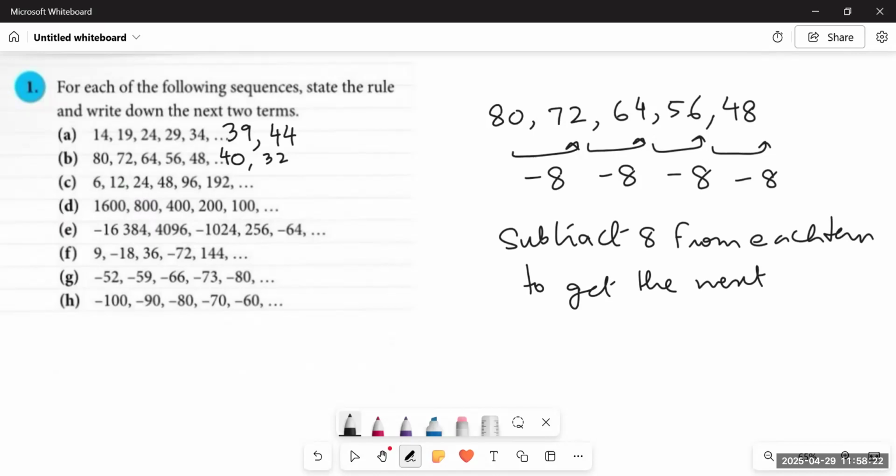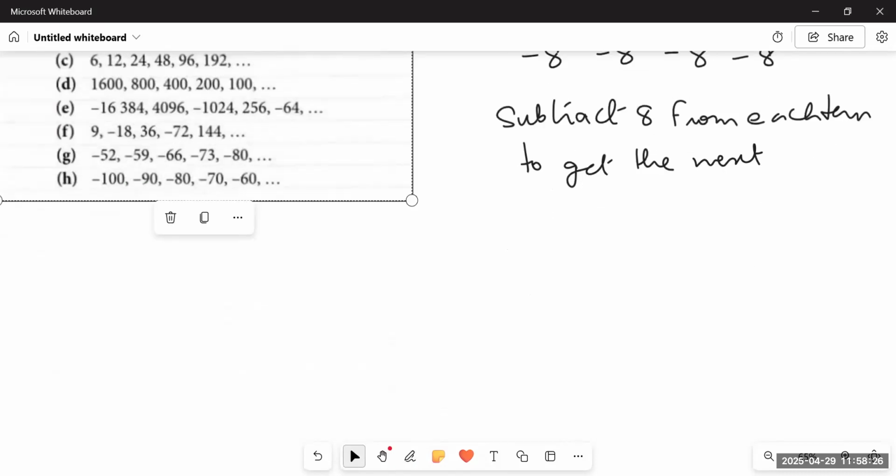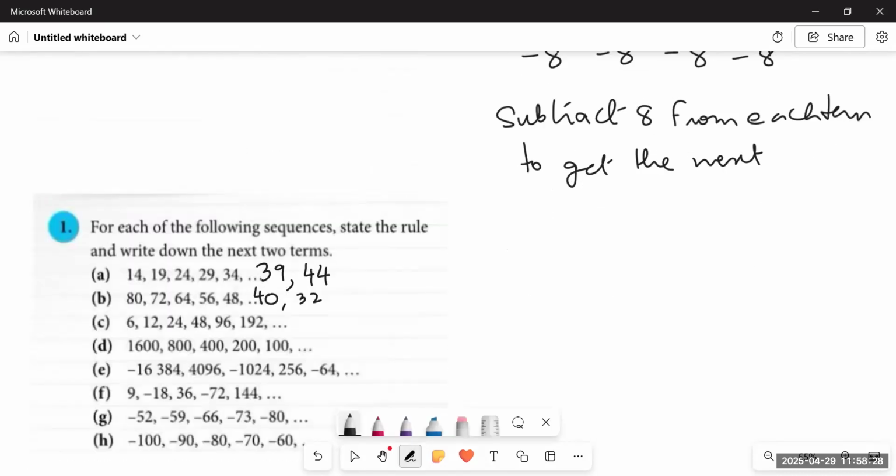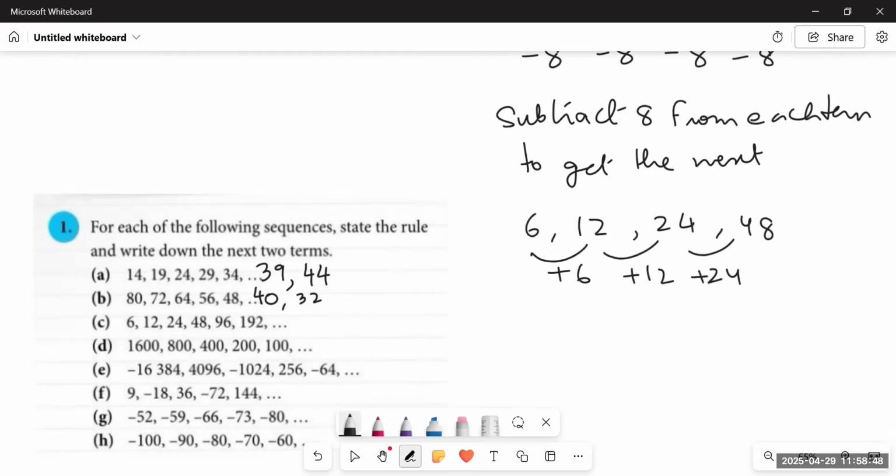You see? Okay. Now comes 6, 12, 24, 48. So we are going to again add. What am I going to add? I will add 6 to it. 6 plus 6 is equal to 12. Then I'm going to add 6 again. But oh my God, I cannot add 6 anymore. I'll have to add 12. And then the next time I'll have to add some other number, that is 24. Then 48. So what is happening over here?